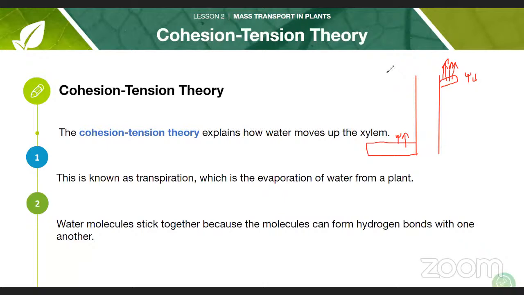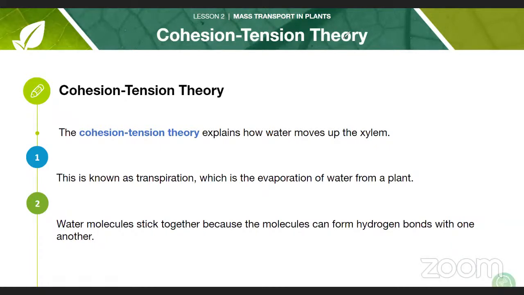Everything likes going down its pressure gradient, which means that the water needs to go up the root and it goes down the pressure gradient. That's the overall process. But how does it get up this root? So it gets up the root through